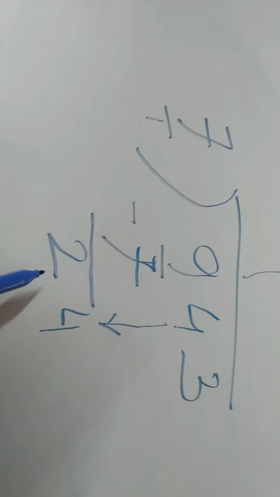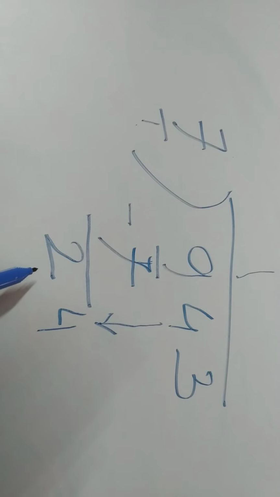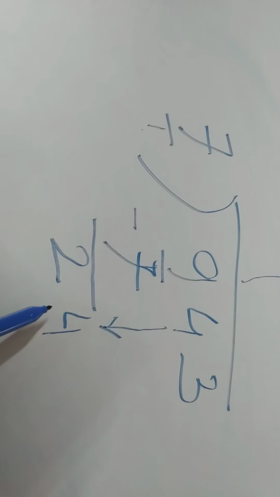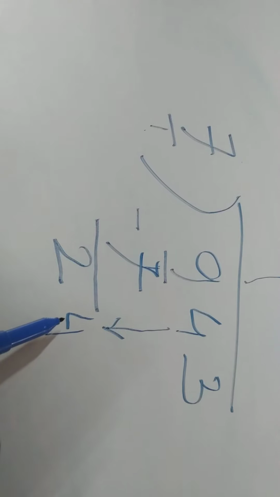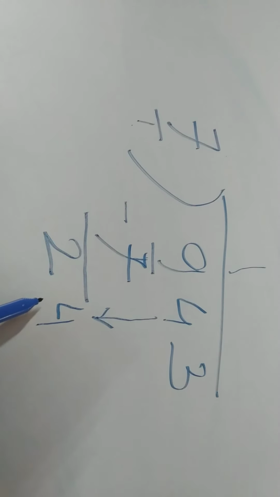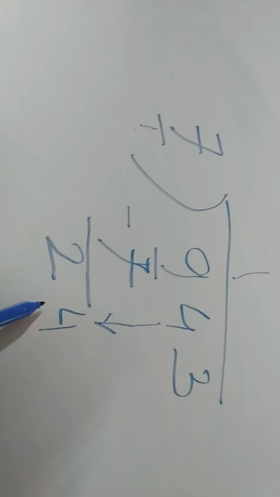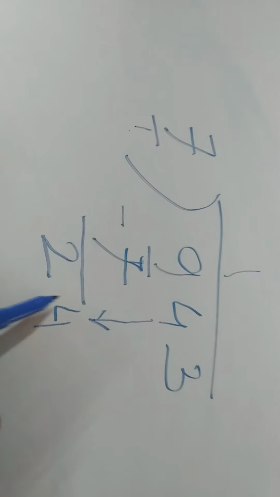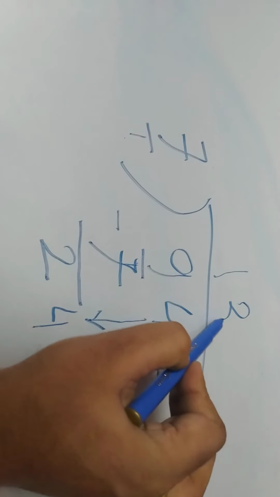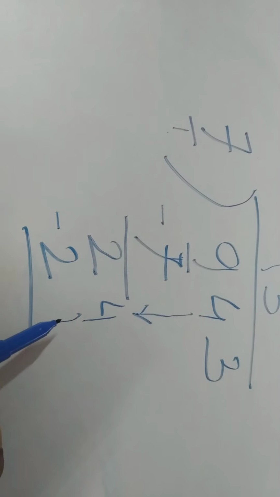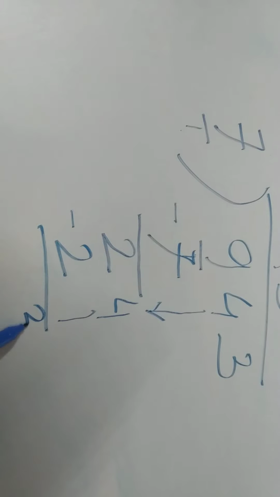So 7 1 ja 7, 7 2 ja 14, 7 3 ja 21, 7 4 ja 28. So 28 is bigger than this. We cannot go beyond this 24. We need to be either less than this or equal to this. So we can't do 7 4 ja 28. We need to come 4 minus 1, that is 3. So 7 3 ja 21. Now do the minus again. So 4 minus 1 is 3. So it is 3.